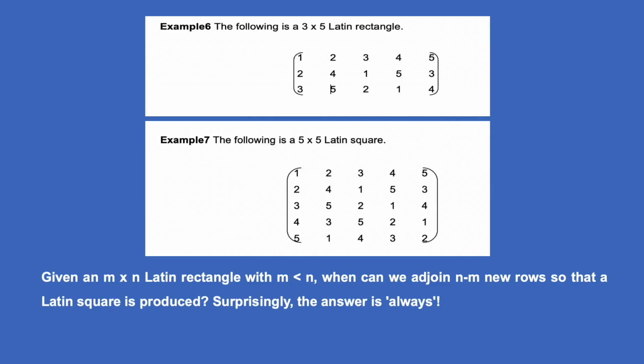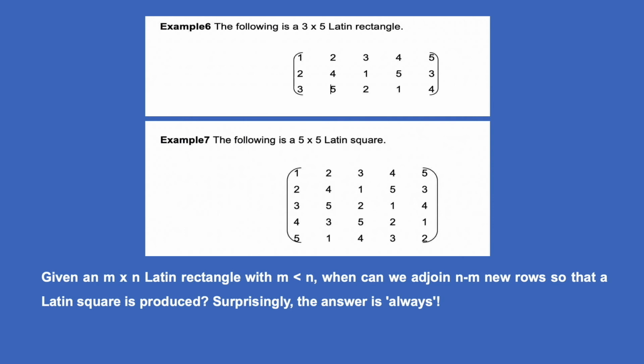Now, I will give you an example that makes you familiar with this concept. We will consider an example now. You can see a rectangle here, that is a 3 by 5 Latin rectangle. It is on the screen now. Here, all the entries of this matrix lie between 1 and 5. Let us discuss another example. I am going to give you an example for a Latin square. So, this is a 5 by 5 Latin square. The example is on the screen, you can see now.